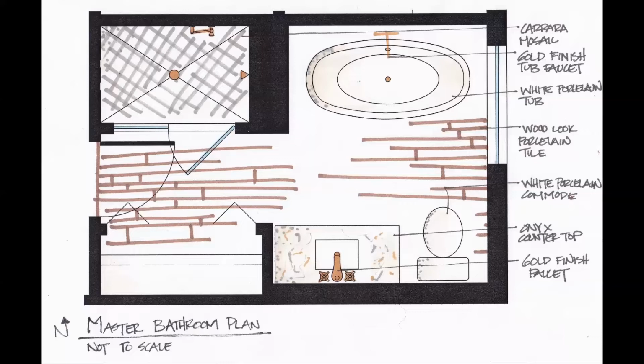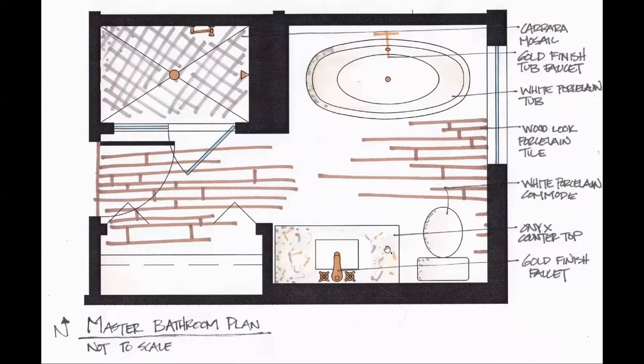So let's talk a little bit about the graphic techniques that I've used to document this design solution for the floor plan. So you can see here, I have used a series of graphic techniques to represent the materials and textures themselves. So the first thing I did was I selected markers from my rendering marker set, and I indicated the location of the wood planks. You can see right here, they're in brown. I've indicated with the very, very light gray, the color of the tub here, as well as the commode.